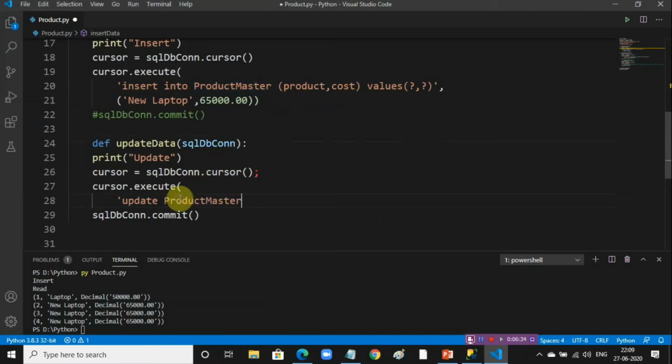Now I'll write code to update the items inserted in the table. So update table name, then set cost equal to the parameter question mark where id equal to this, and for both the parameters I'll pass the value, means the cost that I have to update and for which id I have to update.